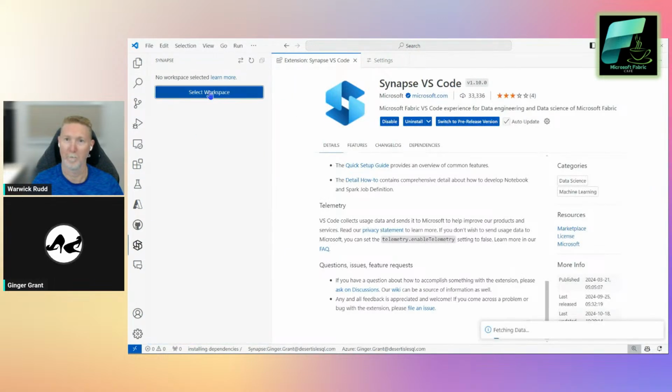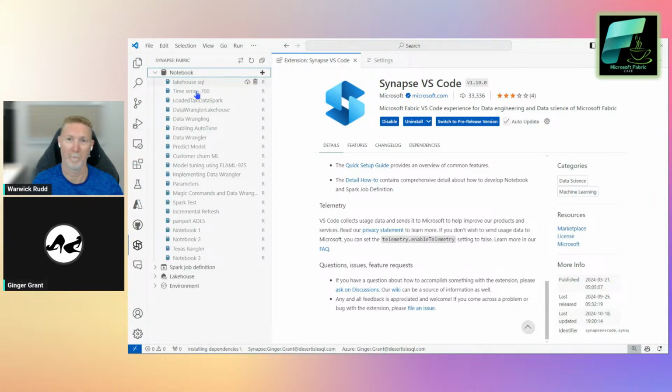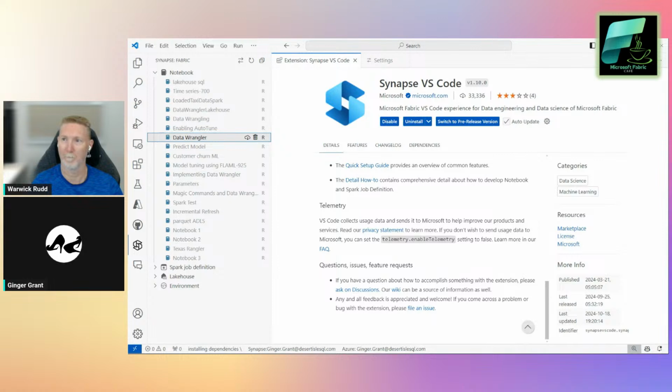And then going to my Synapse icon, selecting my workspaces. These are all of the ones that I'm currently connected to. Notice here I connected to my workspace, and now we can see all of my different notebooks that I have created inside of that Fabric workspace. So I can go ahead and open up any of them and then work on them inside of my environment here, inside of VS Code, rather than doing that inside of the UI. So just select it, and then make sure that I've got that opened up,